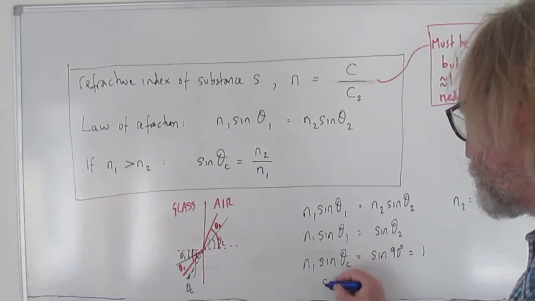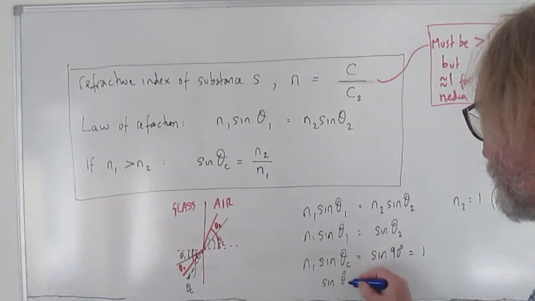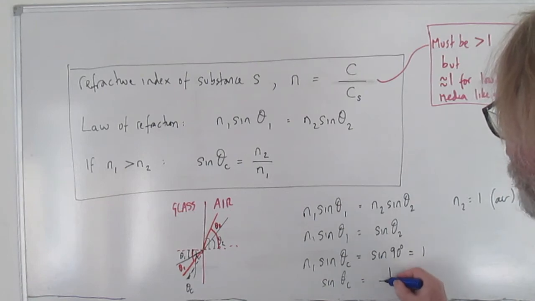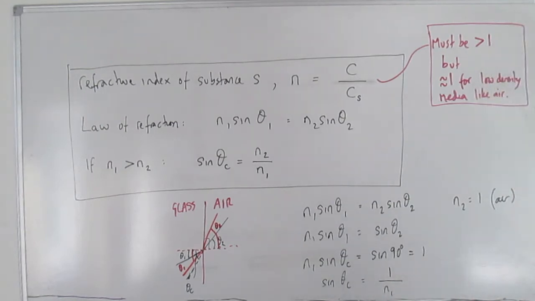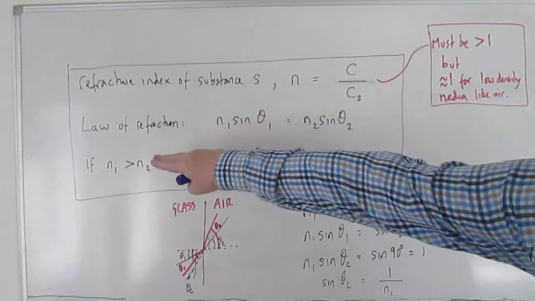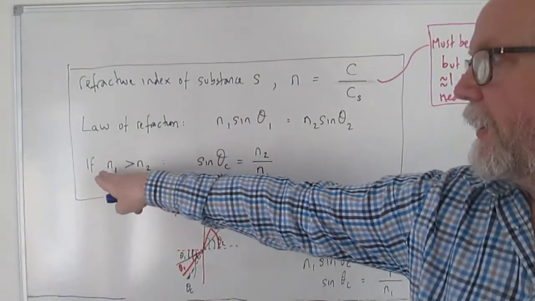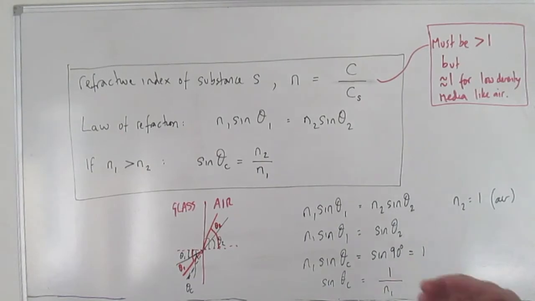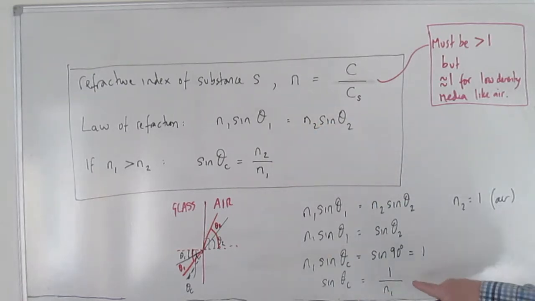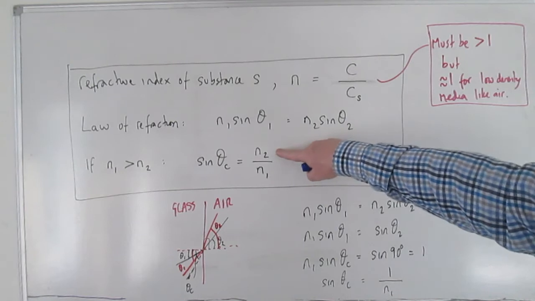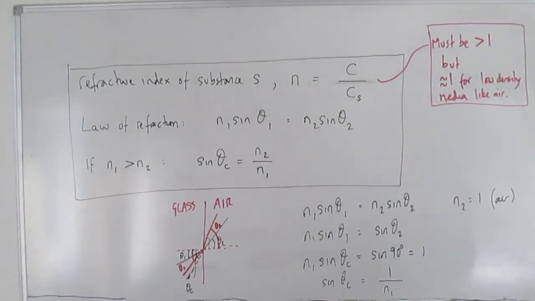So therefore sine of θc is equal to 1 over n1, which is basically this statement. This is a more general thing because this is allowing for n1 and n2, it's allowing for the situation where neither of those is air or anything approximating to a vacuum, so that you would then get values for both of these things. But in our particular case, in part B, n2 is equal to 1 because medium 2 is the air. So sine θc is equal to 1 over n1,